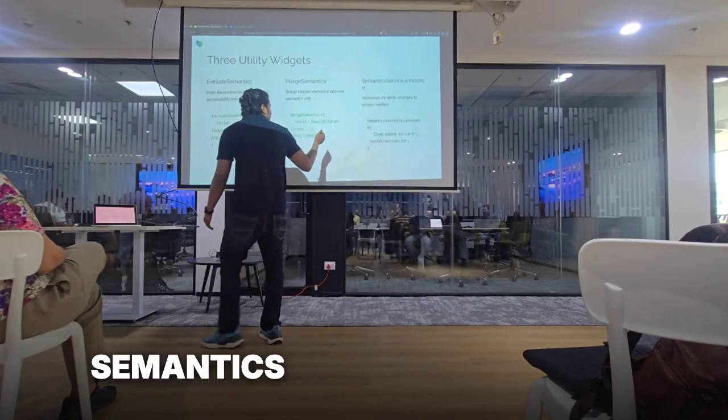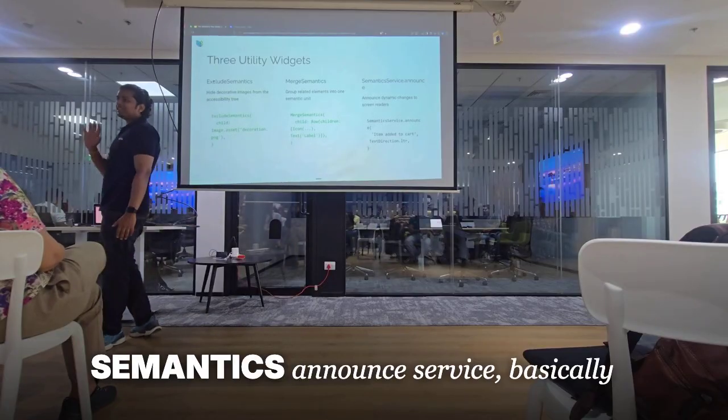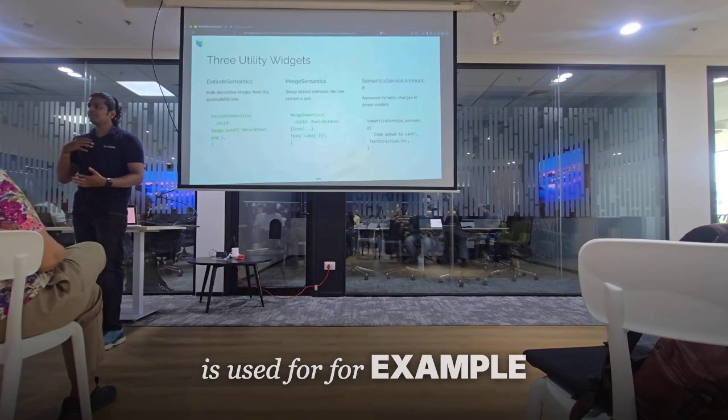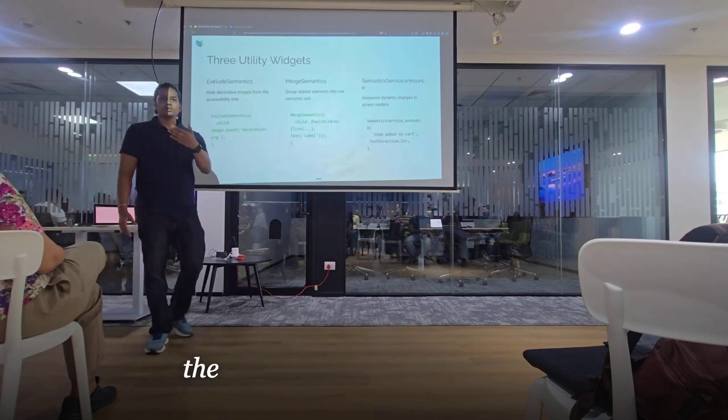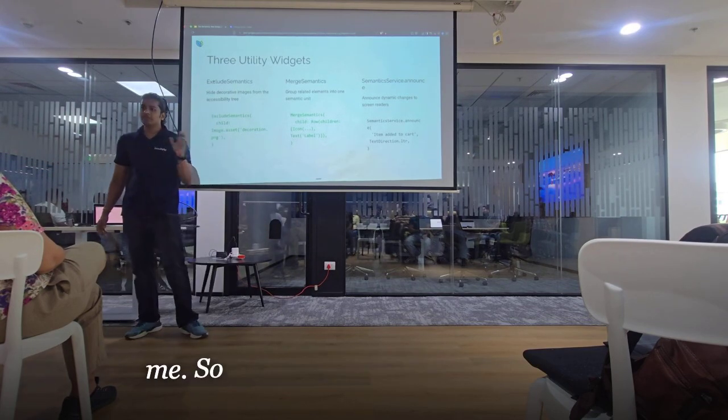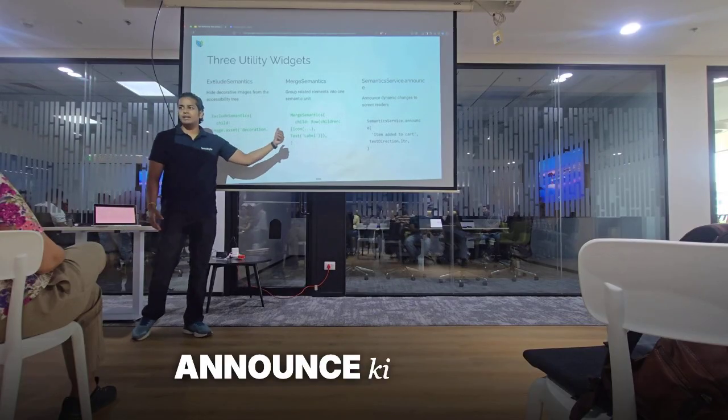And this is the semantics announce service. Basically, it is used, for example, if I am visually blind, in which case the toast doesn't work for me. So it will automatically announce that an item is added to your